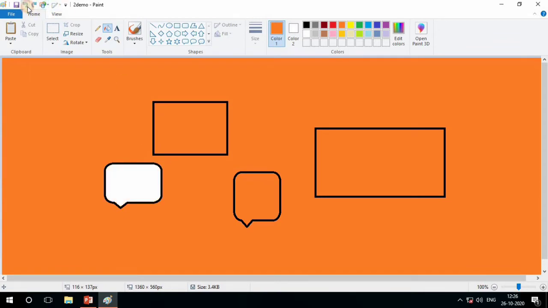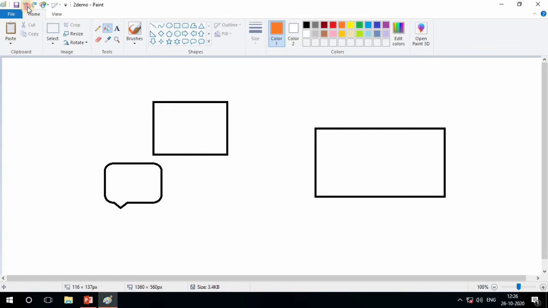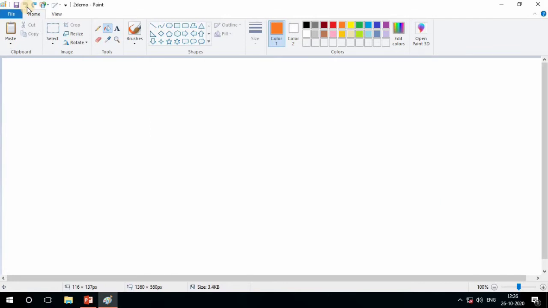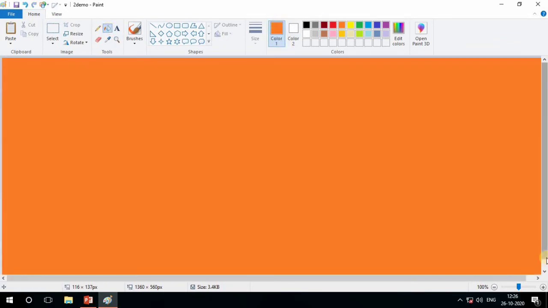But now see, I want to do something new using this select shape, copy, paste, resize and the rotation also. So for that, first of all, I do the reverse process of the simple drawing. Put a color picker, choose this orange color and fill it here. So our paint sheet color will change.